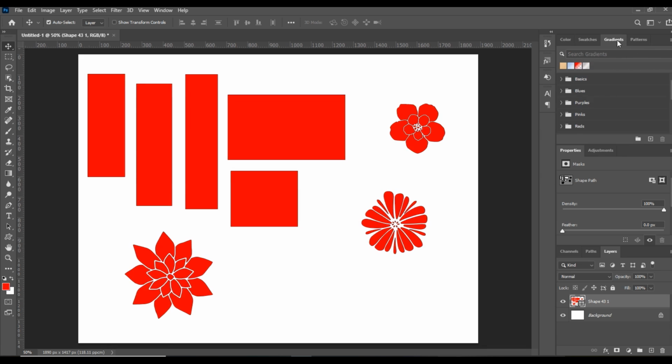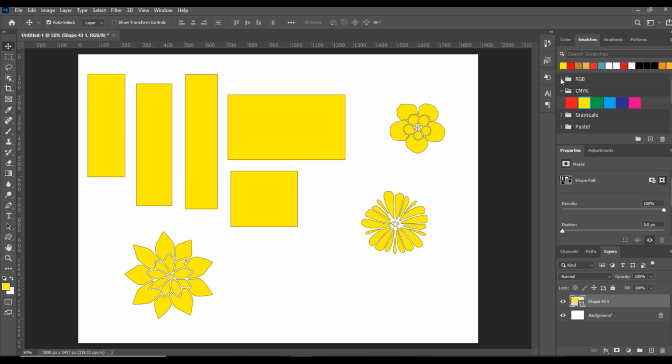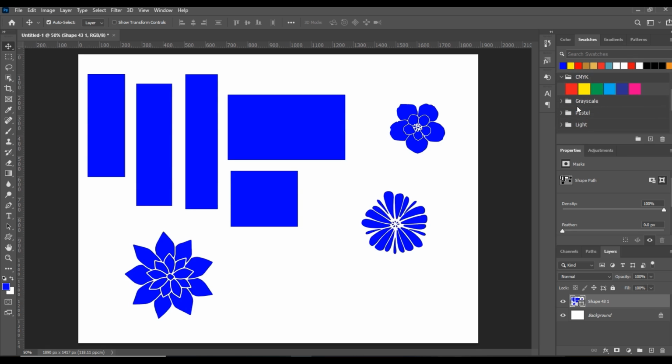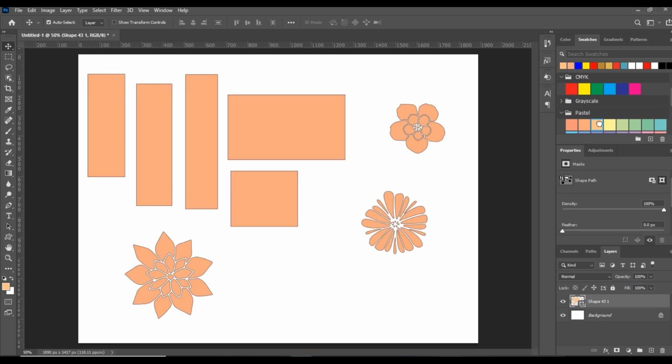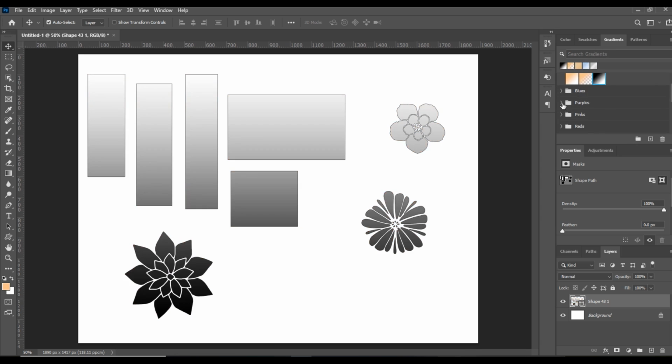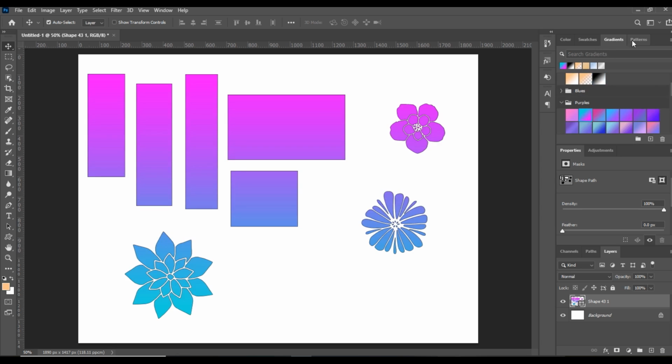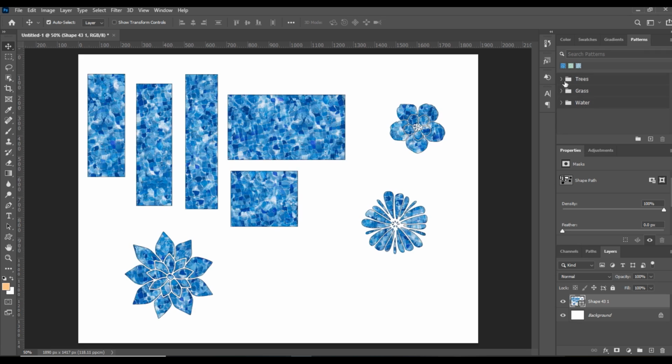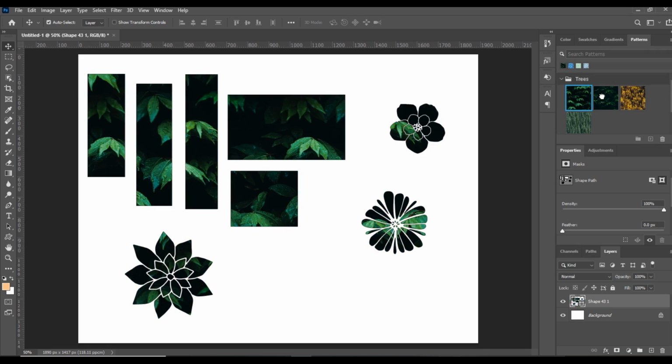Even in the swatches, you can see we have CMYK, we have RGB, different colors. Okay, so you can apply one of them, you can apply even gradients. See, the gradient is applying. Okay, and if you want to apply patterns, even the patterns you can apply. You can see, even see the trees pattern. Okay,